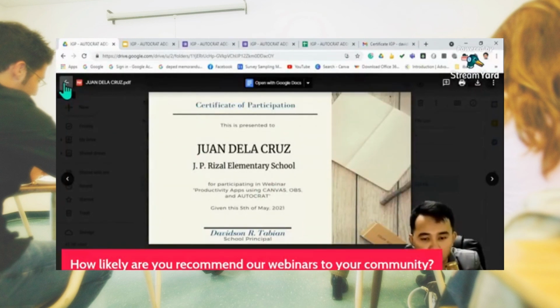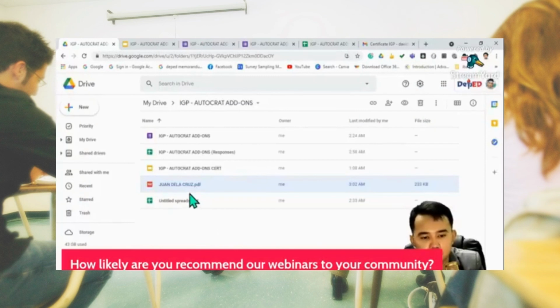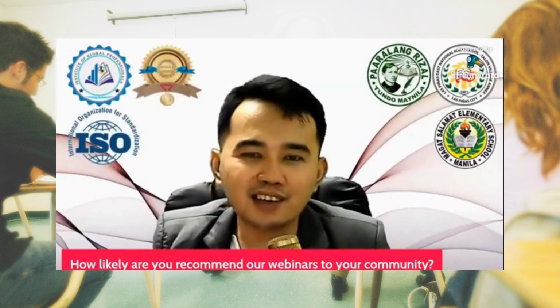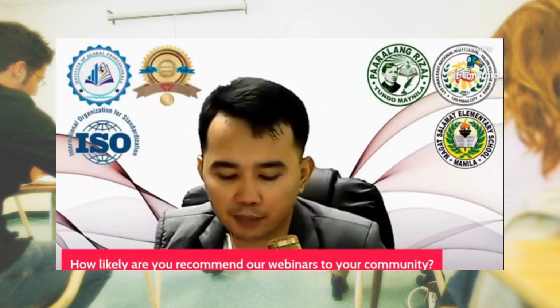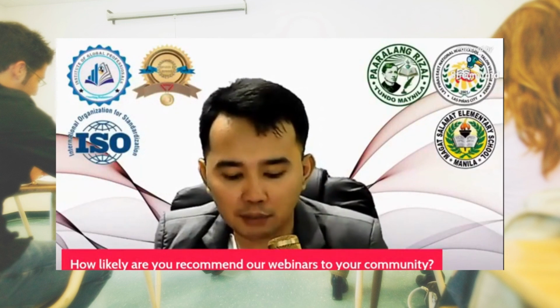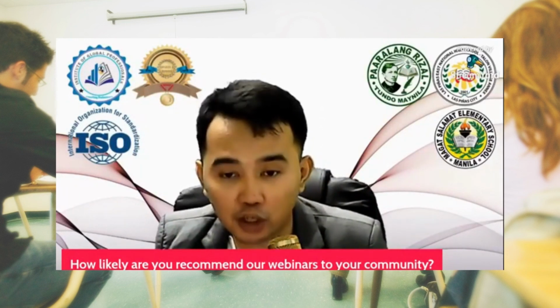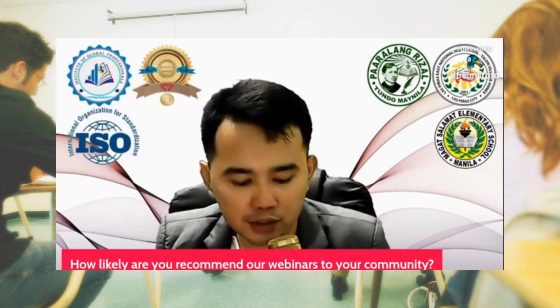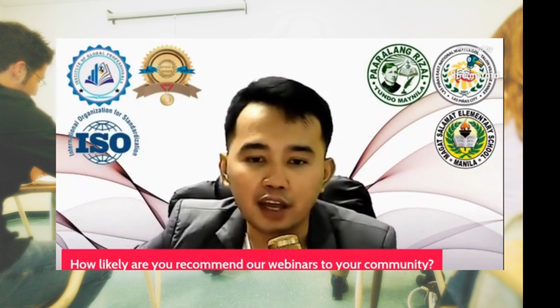So it is important that you create, before using the Autocrat, a shared folder, okay, or a destination folder, because this is the place where the generated or created certificate will be saved. Amazing, isn't it? By simply learning the process, you can now appreciate the beauty and importance of Autocrat add-ons, especially in helping to ease the job of our dear teachers. You can also use and execute it